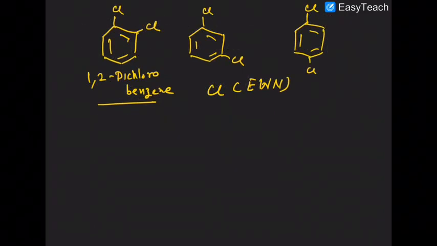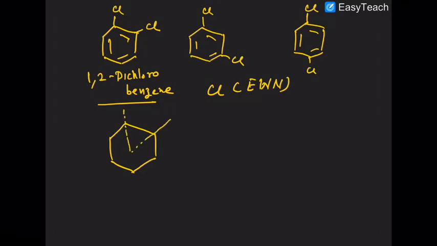Now here you will take the examples of substituted benzenes. In that case, because the pi cloud does not have any role to play as it is a delocalized cloud, you have to take into consideration the bond angle of the substituents. Now here in this case the bond angle is 60 degrees.